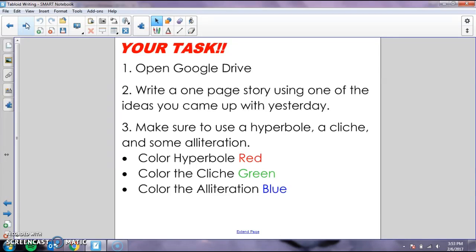Have fun with this. This is not something that's supposed to be very structured. This is supposed to be an exercise before we get into a more serious unit. This is supposed to be a fun exercise of writing a silly article. So the world is your limit. Make something crazy. I can't wait to hear what you come up with.